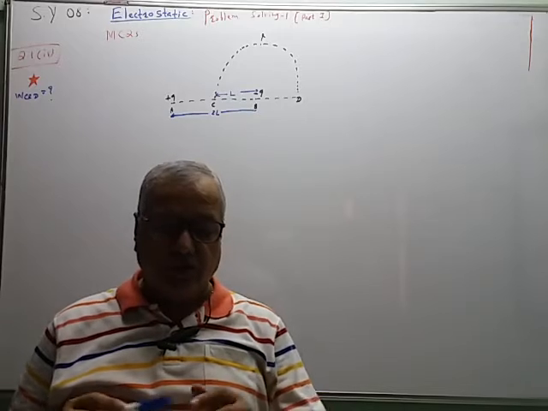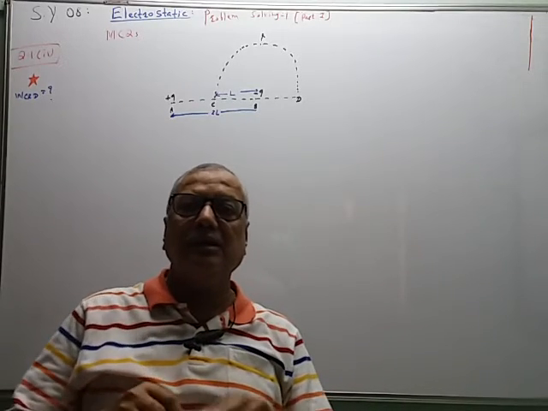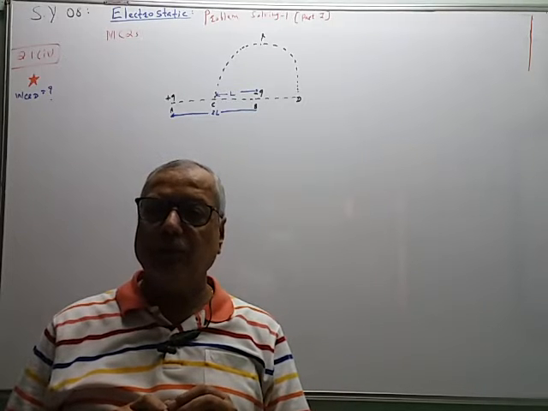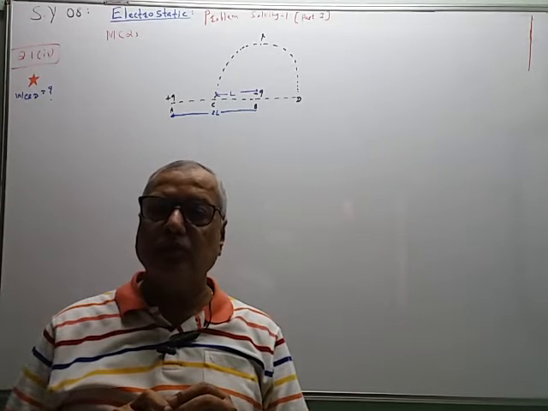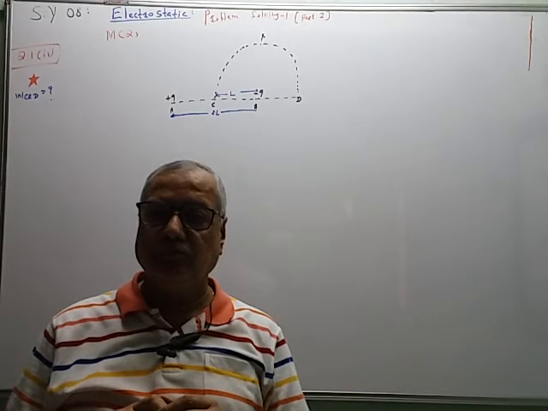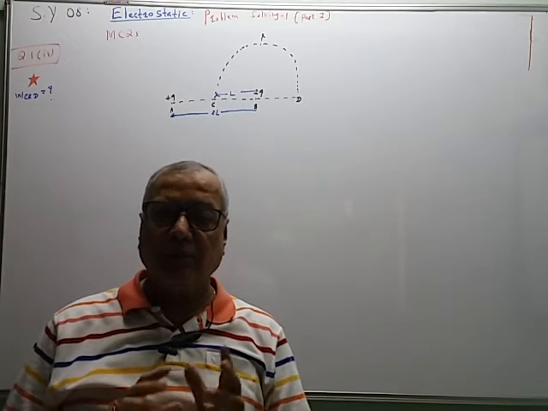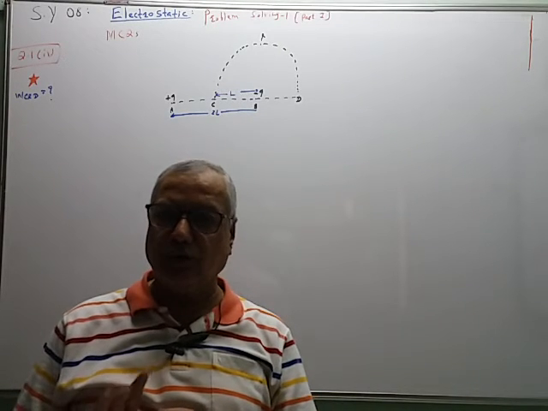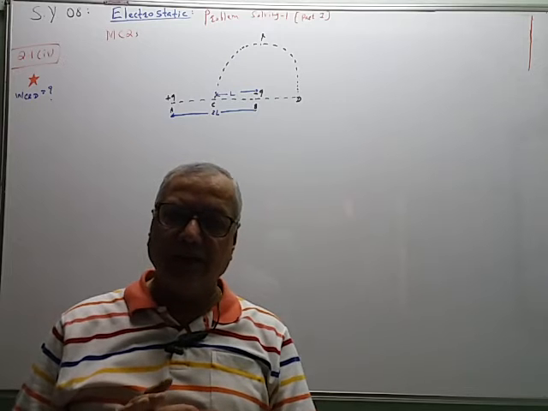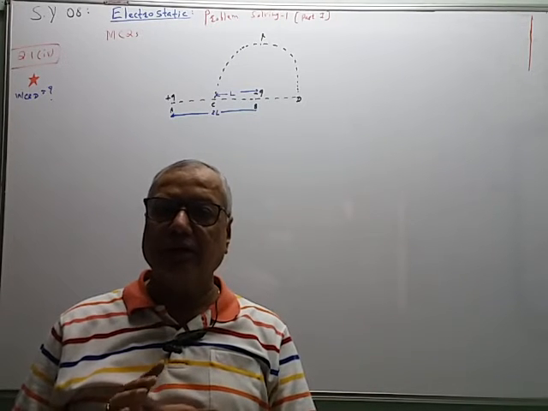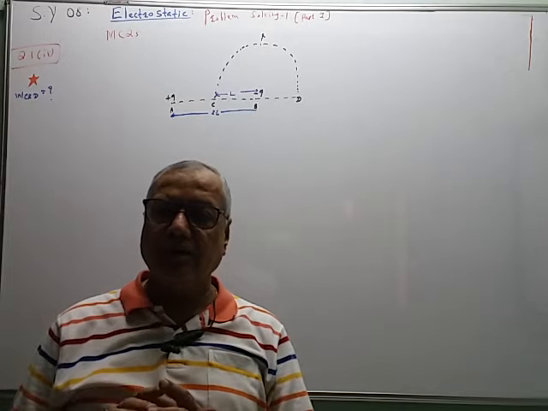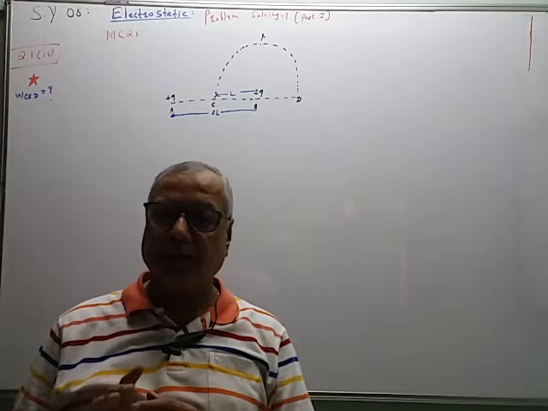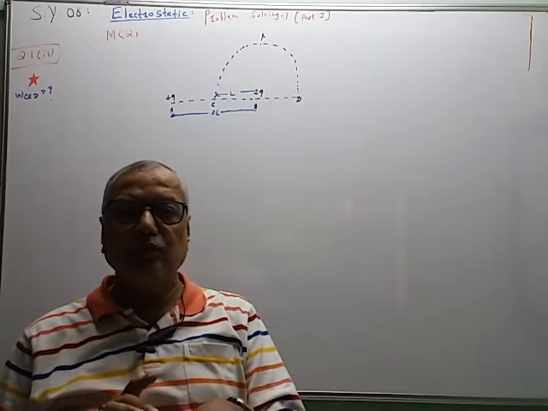C is the initial point of the path, D is the final point of the path, and therefore when we have to find WCRD, it is the same as WCD. Why? Last year we saw the properties of conservative fields. Gravitational field is a conservative field, electric field is also a conservative field. And in a conservative field, what is the property? The work done between initial and final point remains the same. It is independent of path. So we can use that property here.